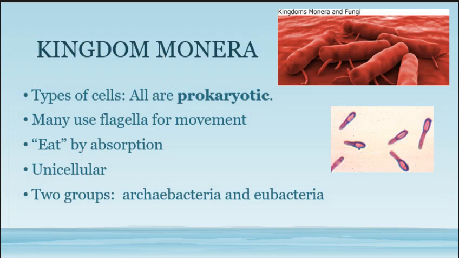We'll get to those in just a minute. So some of them will use flagella for movement. They have these little projections coming off them that are like a tail. It whips them around. They actually have motility. They can move around. So if you have a pathogenic bacteria that can move around, then you can see how that could spread pretty easily, especially if it's swimming through a water source.